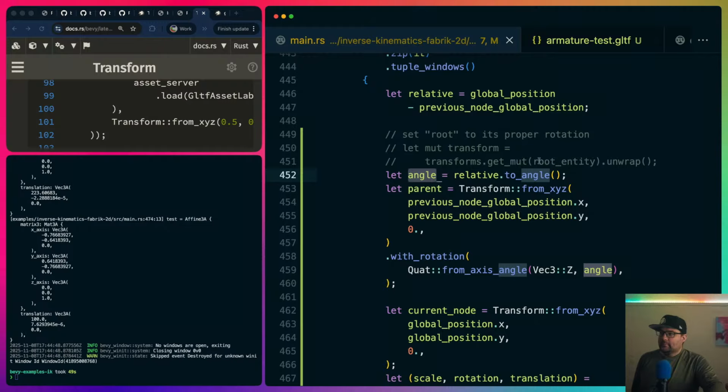The difference compared to the initial rotation. Right. I think if we can get the difference,